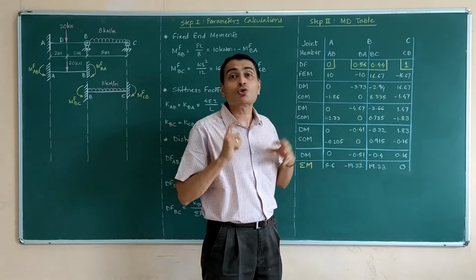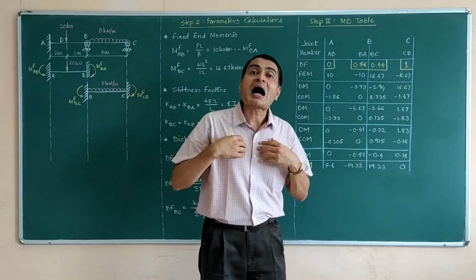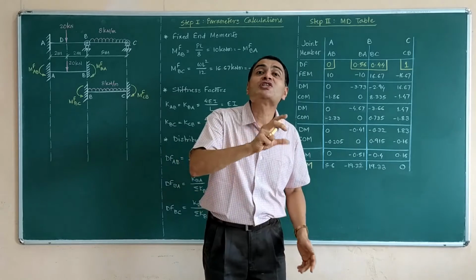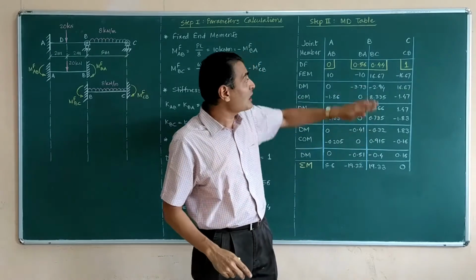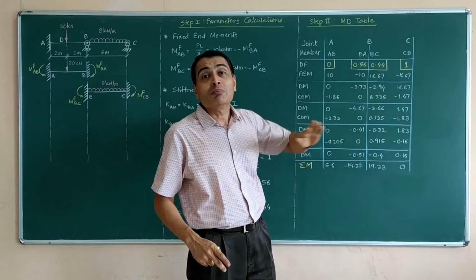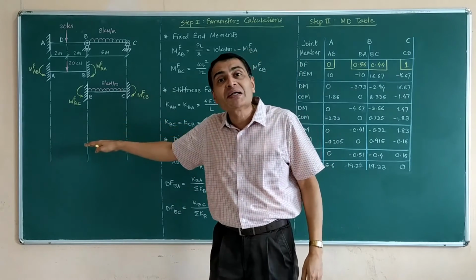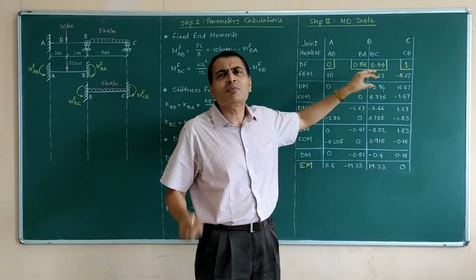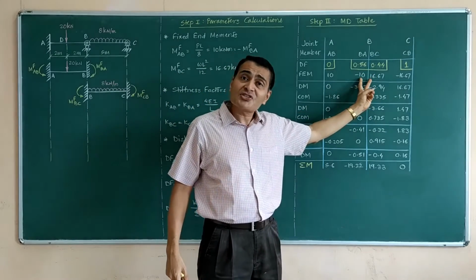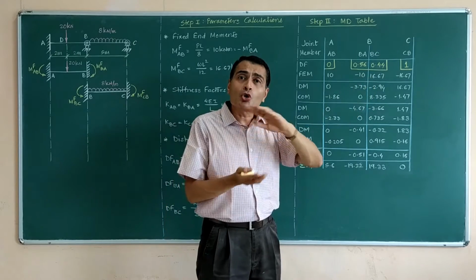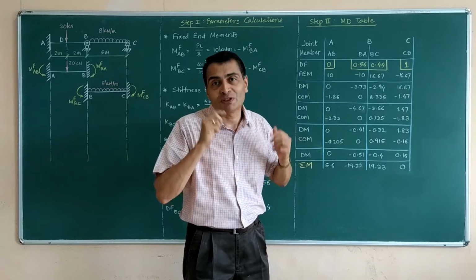Positive 6.67. So what will I do? To nullify positive 6.67, I apply negative 6.67, meaning clockwise 6.67. That application I have not shown in the table, but a similar application last time I had shown in my diagram, and I had also shown it in the table in a rectangle. So I repeat, imbalance of plus 6.67, to countermand I am applying negative 6.67.